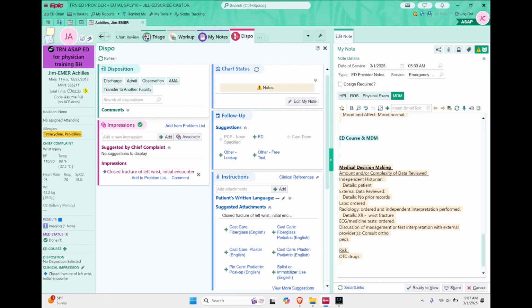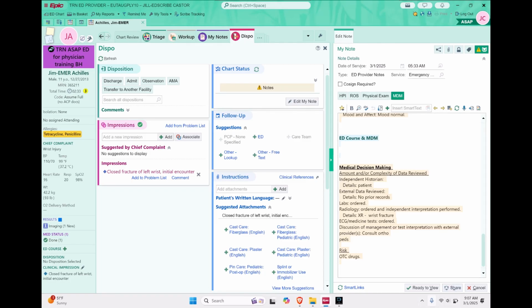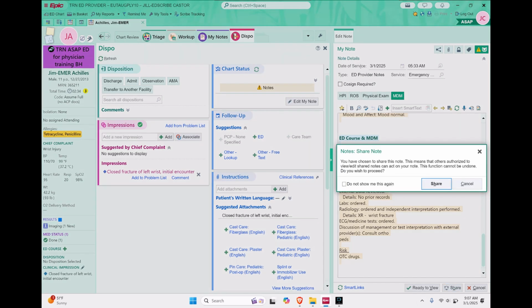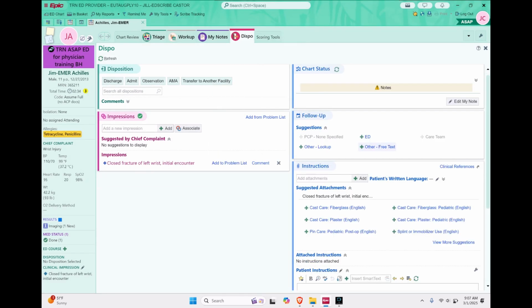So that's kind of the dispo, and let's say you've written up the chart, you've magically gone through all the dispo stuff, or even if not, you've just done everything you're ready to do. You've got a few options. You can either do share, and share is just the version of how Cerner did it with, just save the note. Share doesn't necessarily mean it's going everywhere. It just means you're making it as a chart. So you can share it. Another option is to do ready to view,